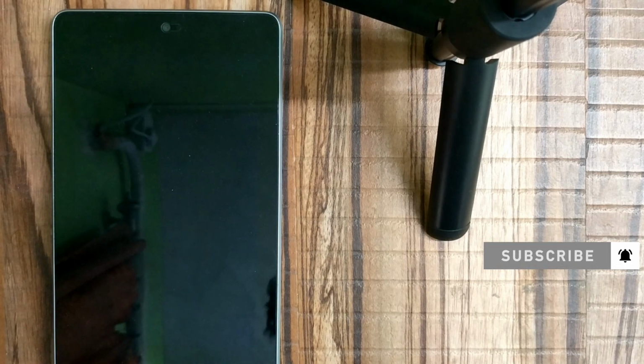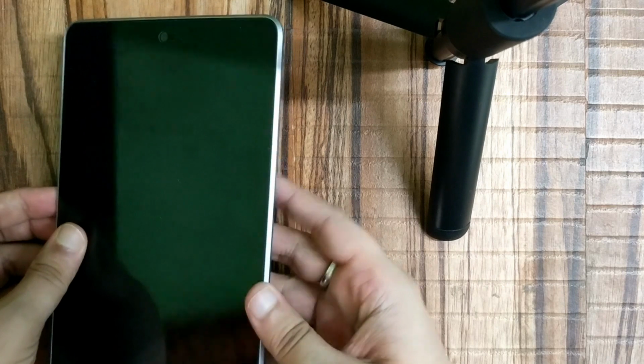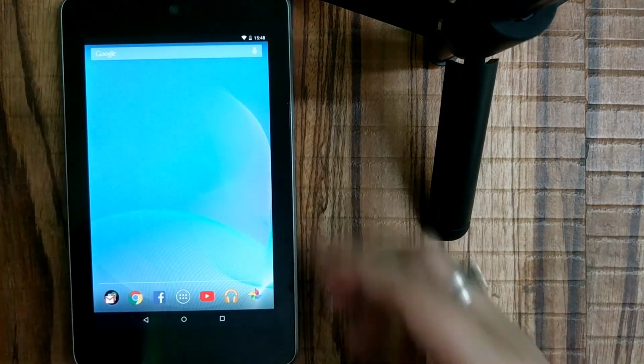Now that you know what the question is, let's jump directly into the answer. But before I actually jump into the answer, let me show you something. Let me start off with a very simple story. It was the year 2012 and I had recently purchased a tablet. Tablets were a big thing at that point of time. Let me switch this on to demonstrate that this is still in a working condition.